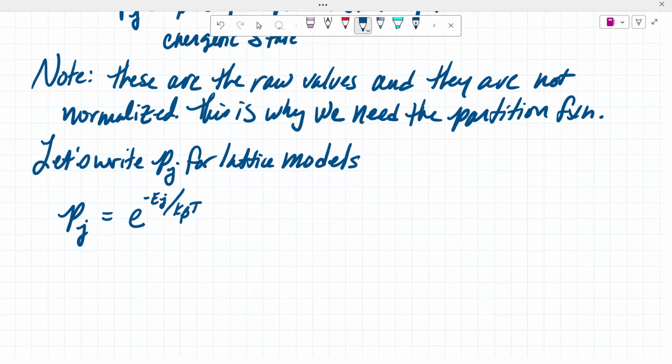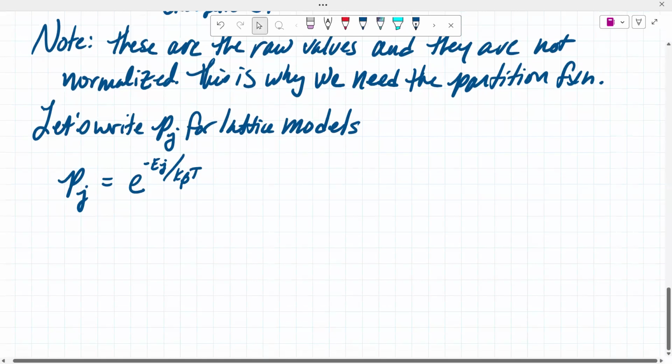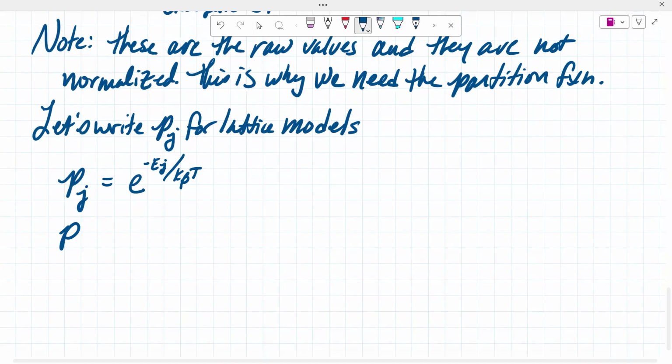All right, so now what we're going to do is calculate this for each shape. These would be indices, but instead of putting 1, 2, 3, I'm just going to draw the symbol for the lattice shape. So this is for the C-shaped one: P_C equals e to the negative E of the C-shaped peptide over k_B T, equals